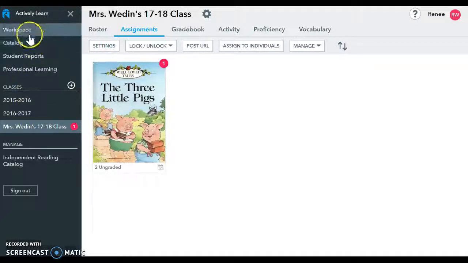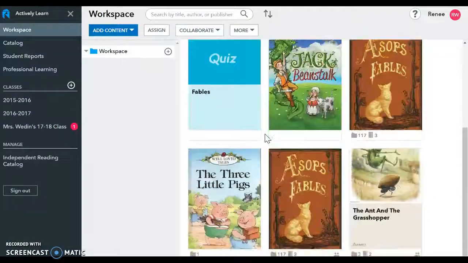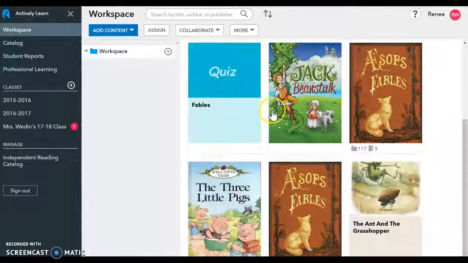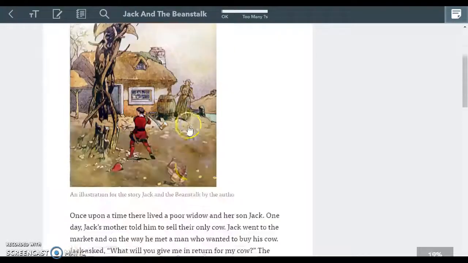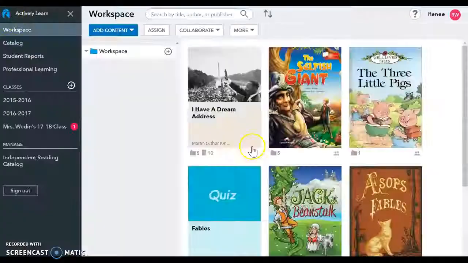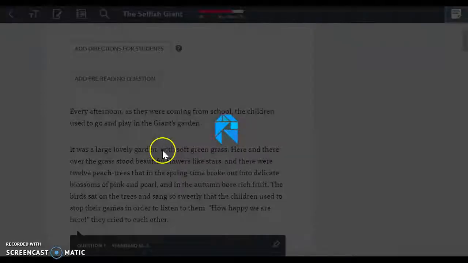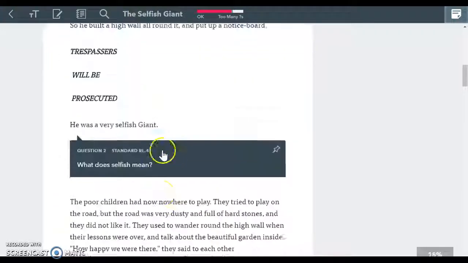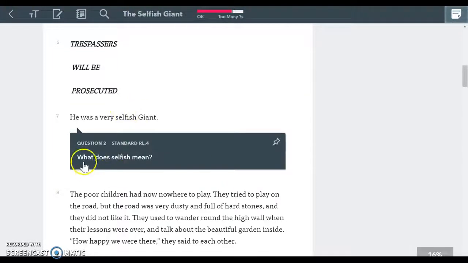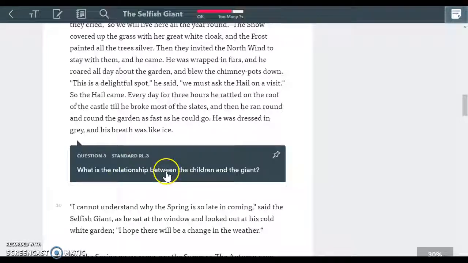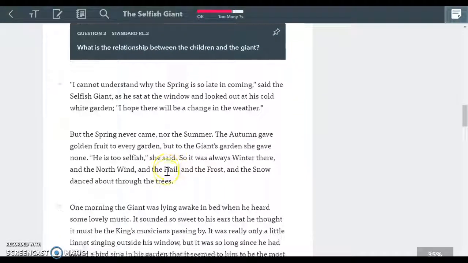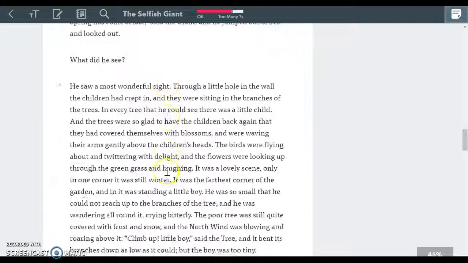One more thing I want to show you with the stories is once you get your students on here, you can add other things. So I've added pictures in here in the story, and I've added other questions throughout. So specifically, it tells you the standard of the question, vocabulary, and the students can't continue reading until they've answered the question. They also cannot see other students' answers until they answer,